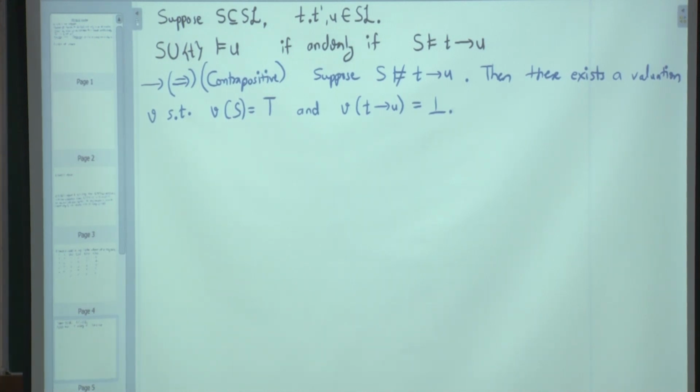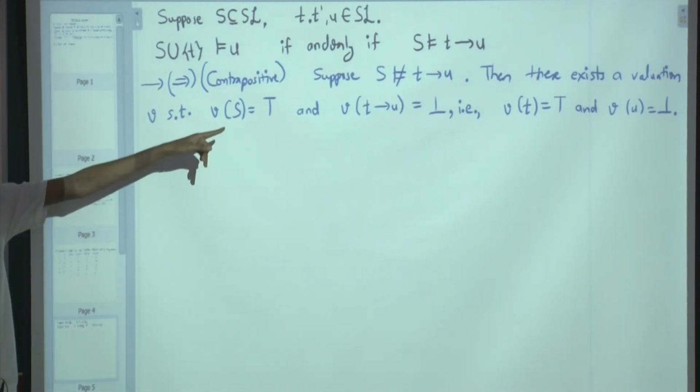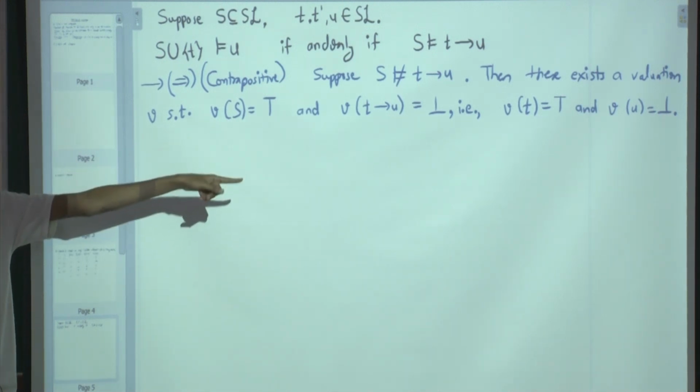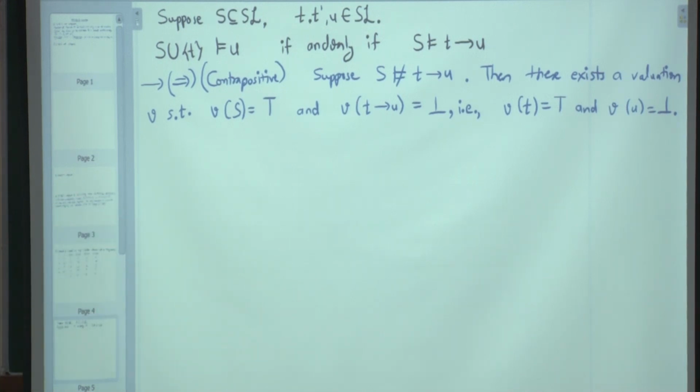I.e., V of T is true and V of U is false, because that's the only place where true implies false cannot happen. So there is a valuation V which makes capital S true and T true but U false. So therefore we have witnessed